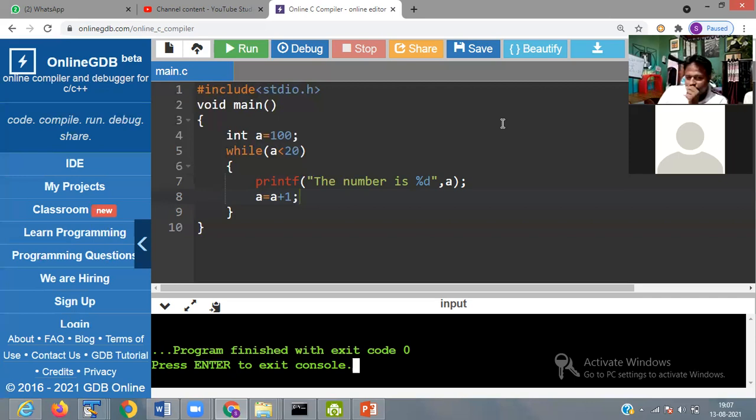In the case of a while loop, first the condition is checked, then the statement is executed.